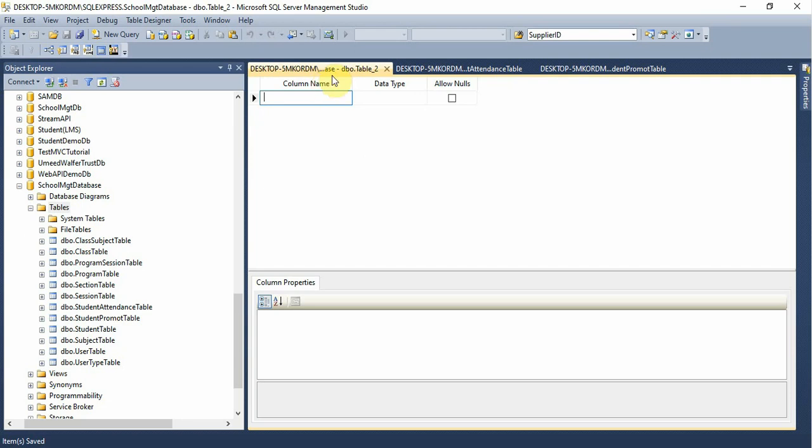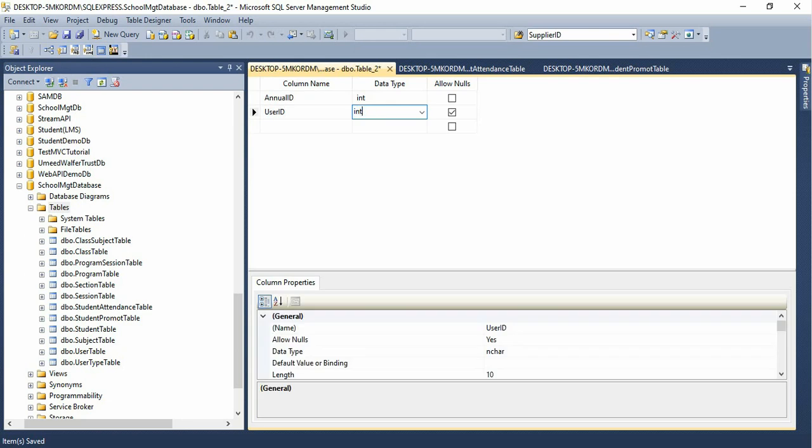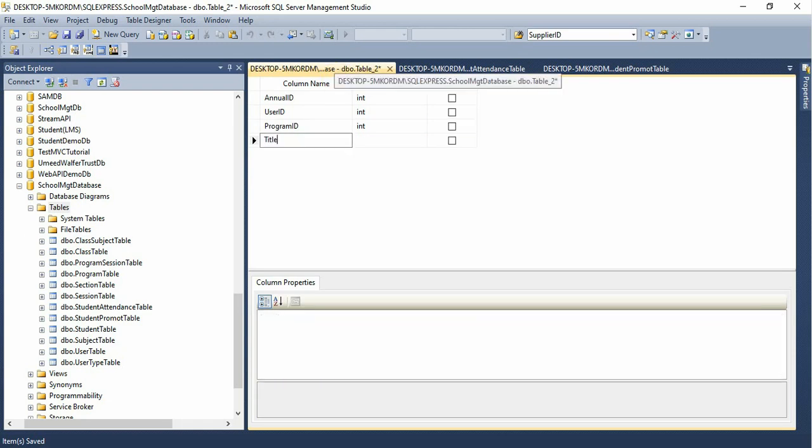Okay. So now annual ID, user ID, program ID, title, fees,